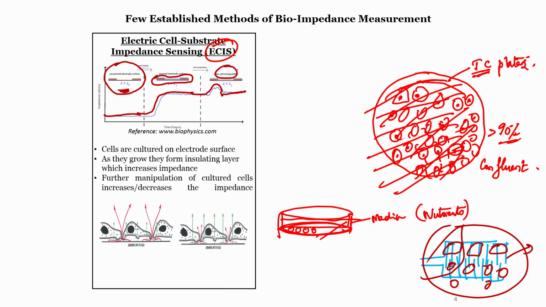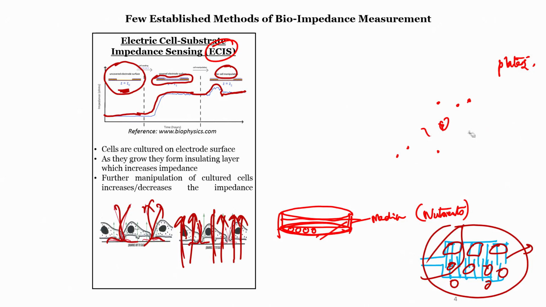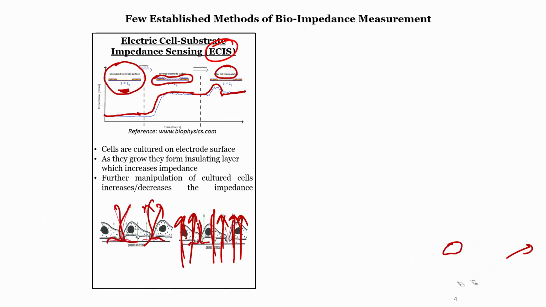That is how ECIS will be useful. And we have seen how low frequency measurements bypass the cell and go through the matrix, and how high frequency measurements actually measure the properties of the cell. That is what is shown here. In low frequency measurement these parts dominate the contribution to the impedance, and in high frequency measurement the path through the cell contributes. Okay, that is one system, that is ECIS.